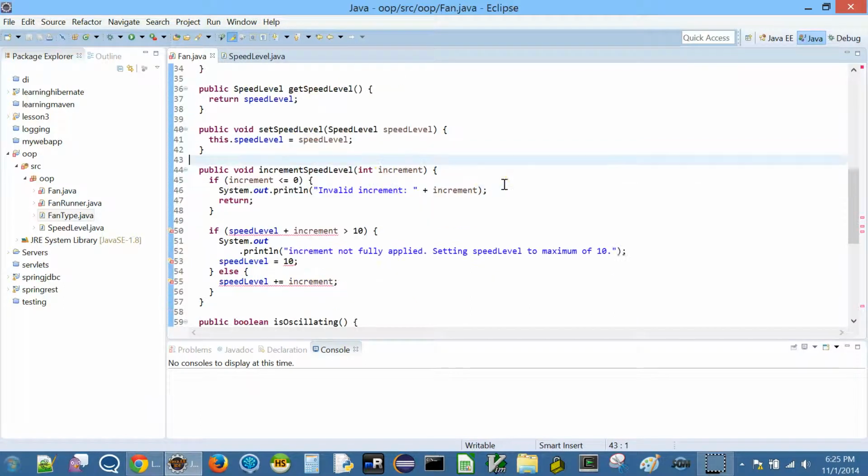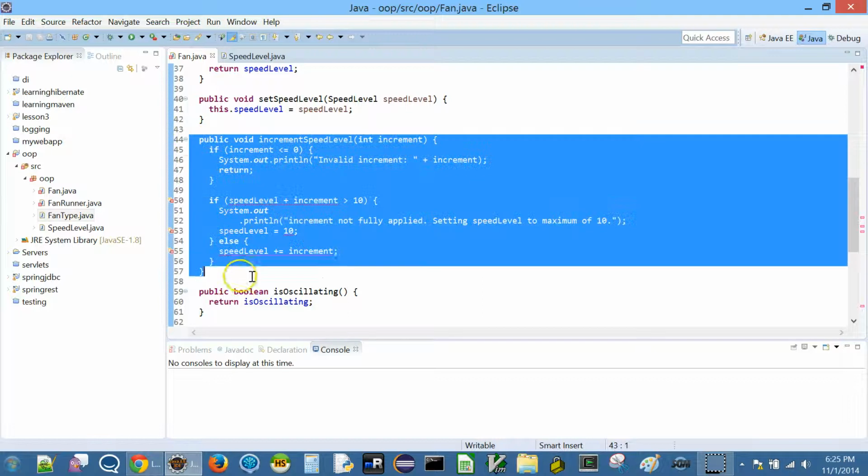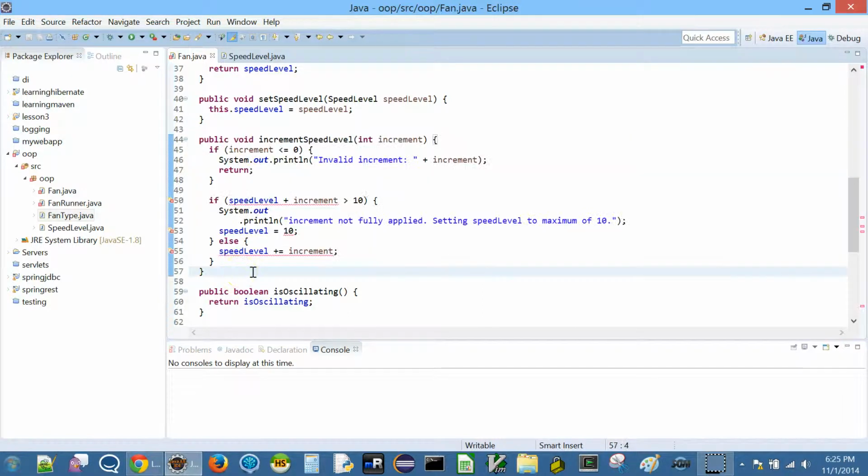Now we come to more interesting things. We have incrementSpeedLevel. This one, right? Previously we had int, so we could just increment and then nicely work with all this. But now we have a little problem, because how does the ordering work, right? As far as enums go, this is a bit complicated to do.